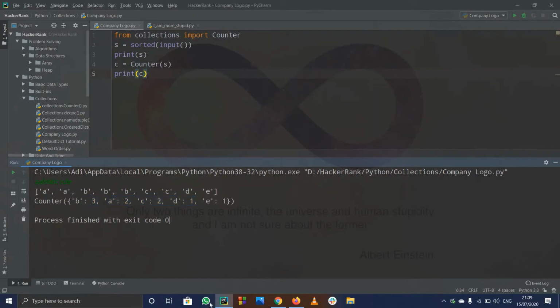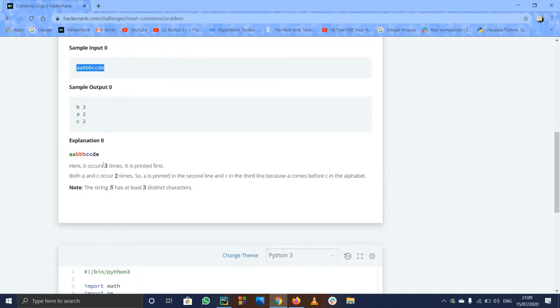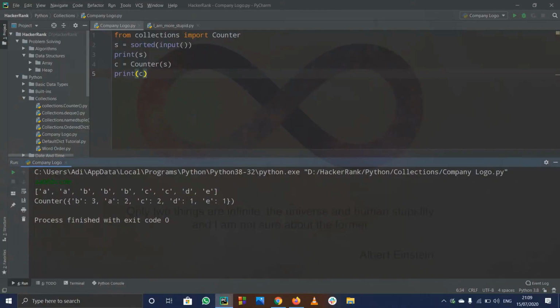But one more thing, we don't need all these elements. I think they have told us only 3 times, yeah, 3 times. We want to print out only 3 elements, that is the top 3 elements that are common. So to print out the most common elements, top 3 actually,